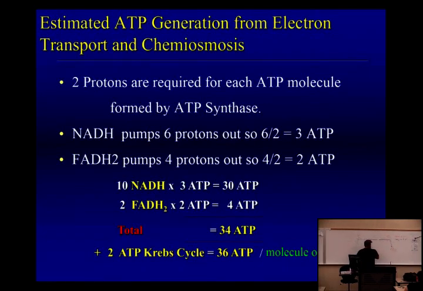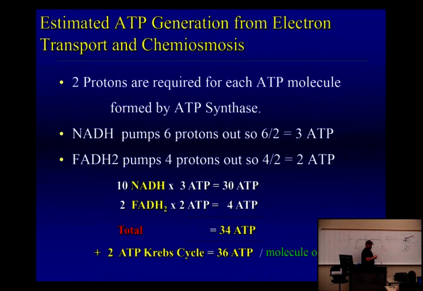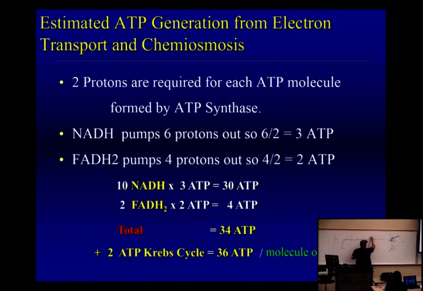So let's go back over this so you guys know that we can produce 6 protons per NADH and 4 per FADH2. So how many protons can we pump total for NADH? In other words, how many NADHs have we made from one molecule of glucose so far? How many molecules of NADH have we made so far from glucose? And the correct answer is 10. Now, why is it 10?